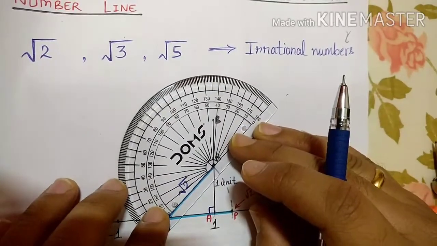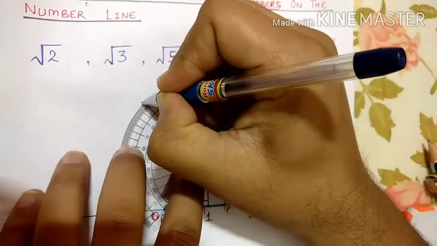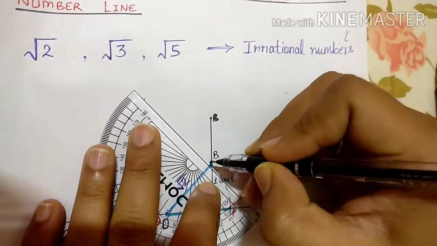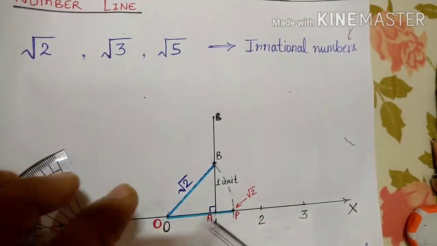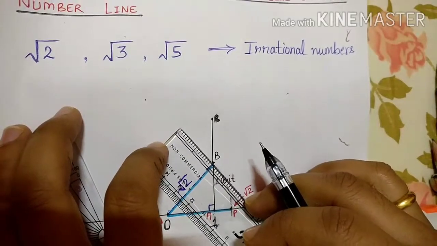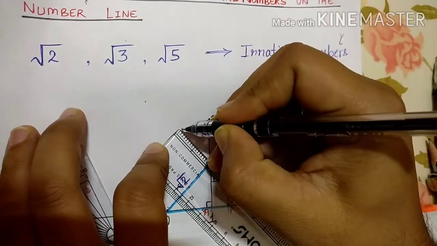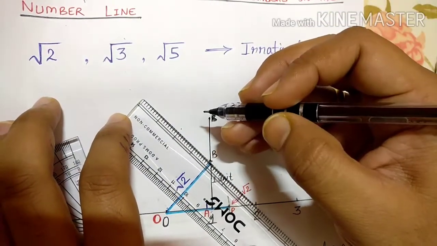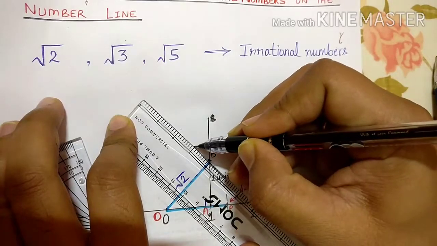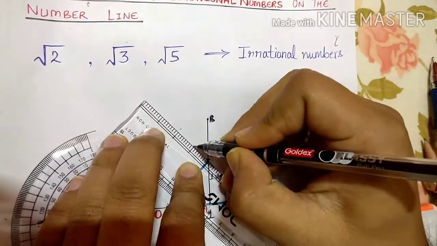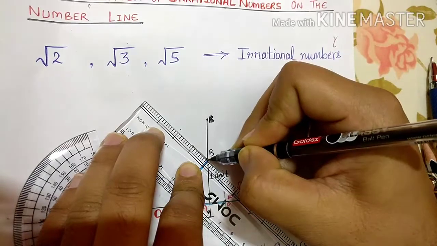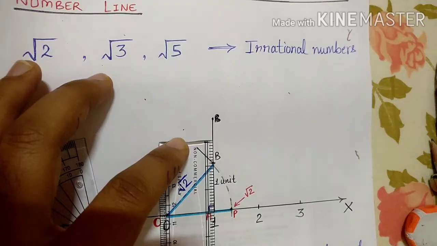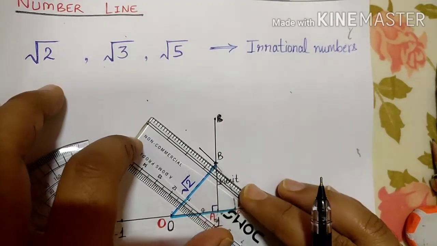We can take the help of our D, or you can say protractor, and we can cut a point here. After joining this point, we will get a straight line. But remember that we take this as 1 unit only, not more than that. This point is showing a 90 degree angle, so take it as 1 unit. Here we have taken 1 unit, once again 1 unit only, not more than that. So here also this much.